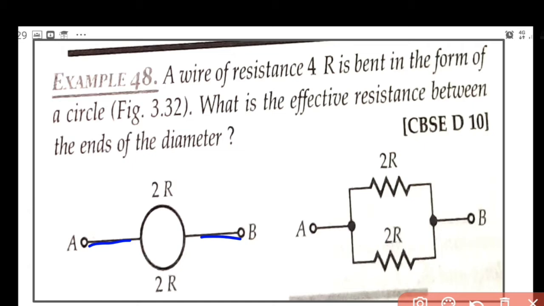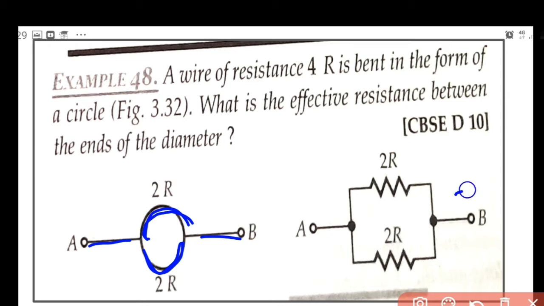The given wire has a resistance 4R. So you just see it is just like connecting two wires of resistances 2R each in parallel between those diametrically opposite points. It's just like this, half here and half here. Since it is of 4R, each half portion will have half the resistance, because resistance is directly proportional to length. So for half length it will have half resistance. So it is just like connecting two 2R resistances in parallel.